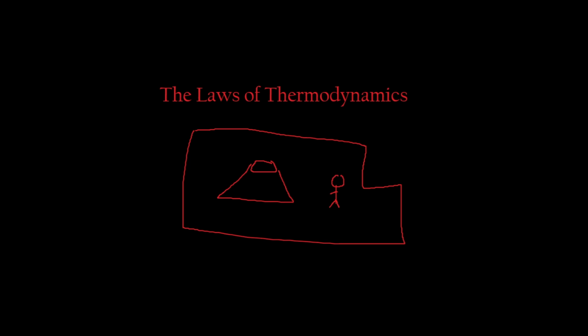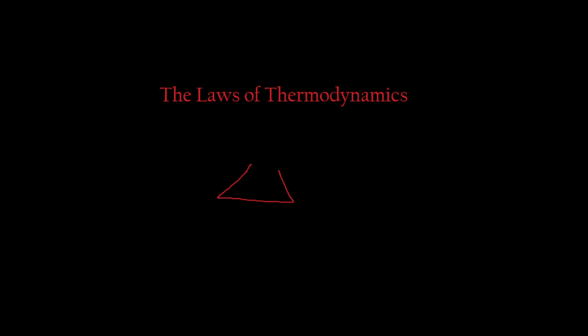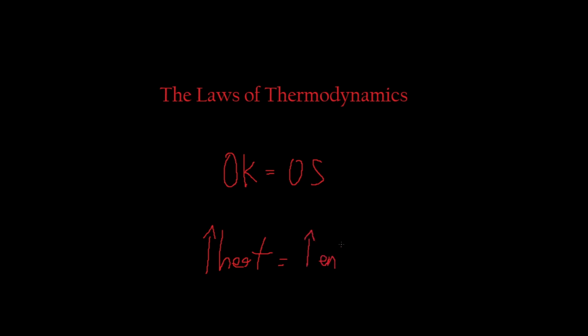Let's head on over to the third law of thermodynamics, which basically just states that a perfect crystalline structure, keep that in mind, a perfect crystalline structure, a 100% pure crystalline structure, at 0 Kelvin will have 0 entropy. Because if there's higher heat, there is higher entropy. So entropy is directly proportional to heat. But why a 100% pure crystalline structure?